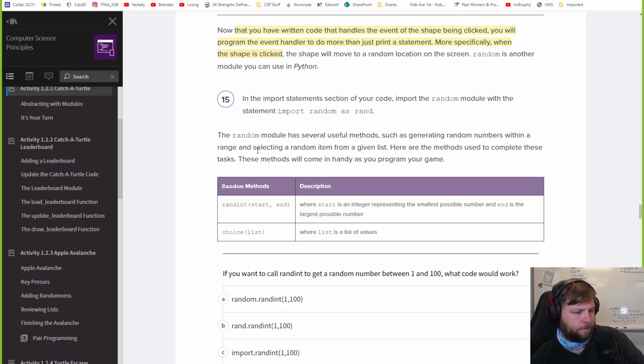Okay, so we have to add probably all these random methods. The random module has several useful methods such as generating random